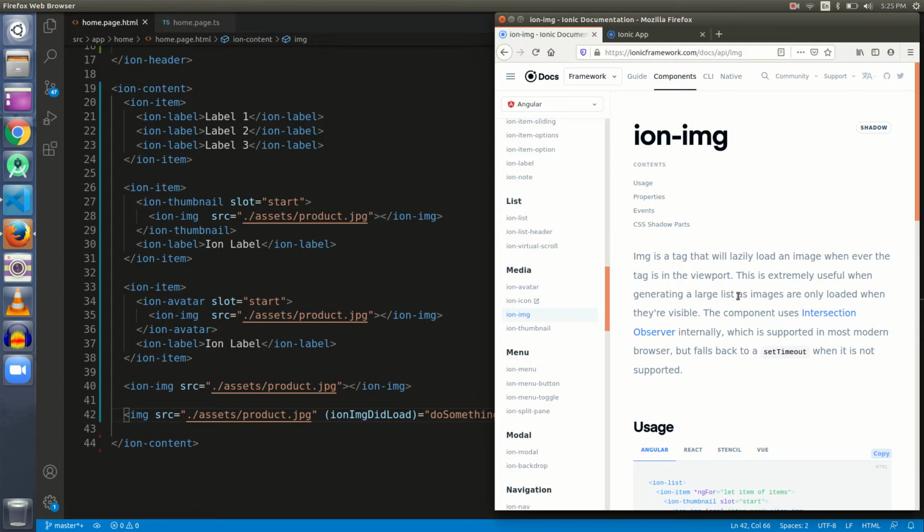And I would like to make this point again, that ion-img is the superset of the img tag. All that can be achieved with img can also be achieved with ion-img, and if we are building an application in Ionic, we must use ion-img. So I hope you got my point.